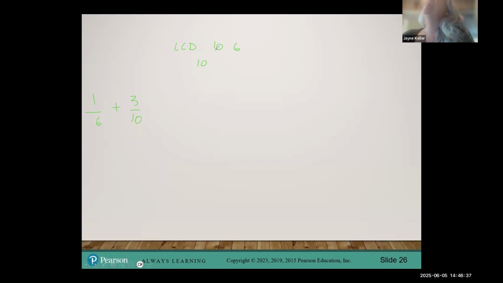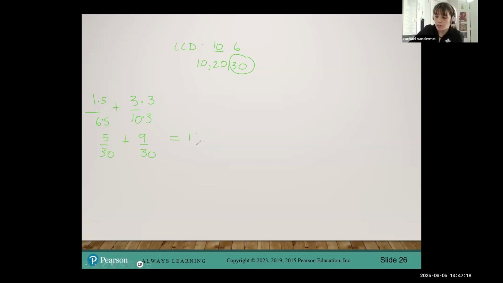But if we just go back to thinking about it, take the bigger one, does 6 divide into it? No. So the next one would be 2 times 10, 20. Does 6 divide into it? No. 30? Yes. So it's 30. So 6 times 5 and 1 times 5, which gives me 5 over 30. And here I need to multiply by 3, so I get 9 over 30. And then when I add, I get